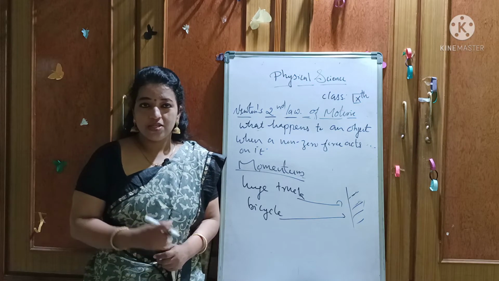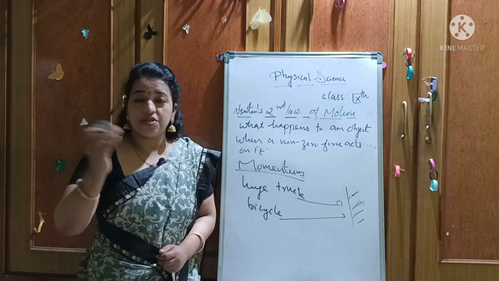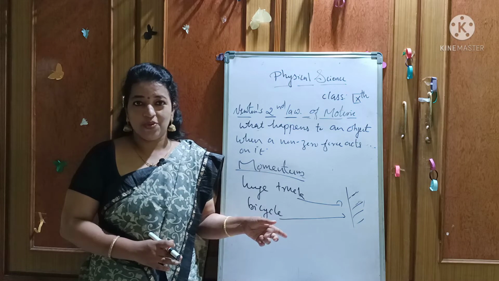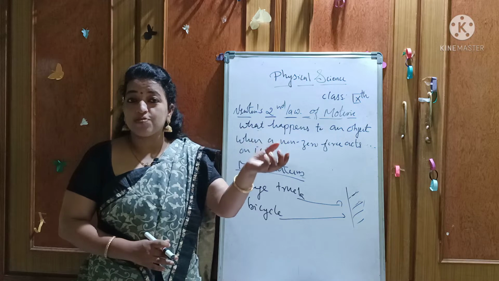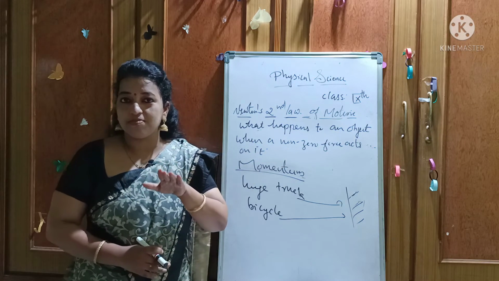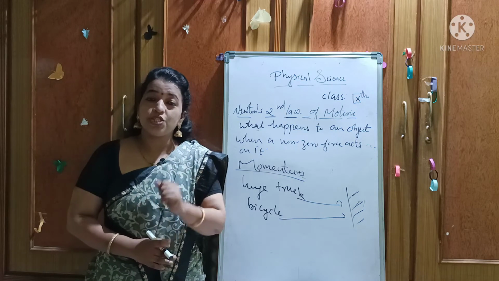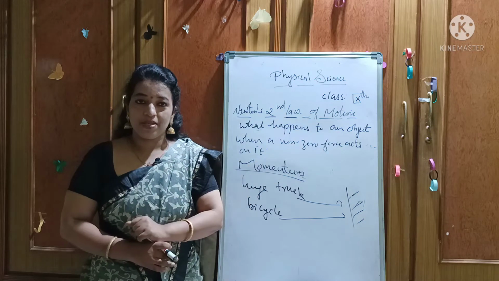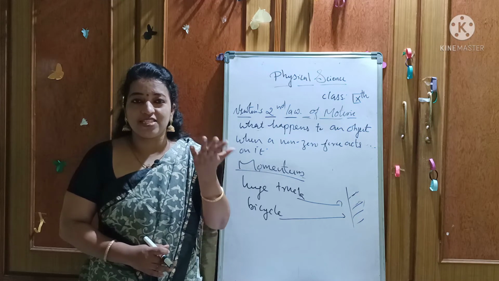Is it or not? The bullet size is very small, but it can cause more damage to the wall. Tell me, here the factor is mass? No. Then what is the factor here? Why can that small bullet cause more damage to the wall? Here mass is not the factor, then what is the factor? Yes, the velocity of the bullet. Because of the velocity, it causes more damage to the wall. Bullet velocity is very high. So here the factor is velocity.